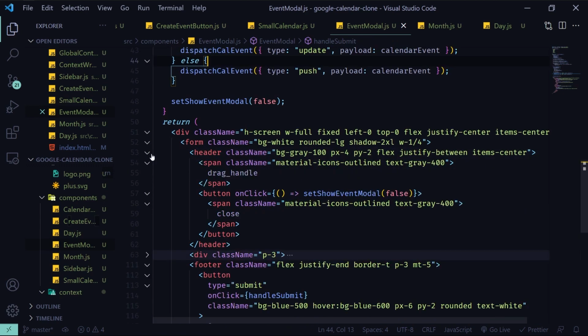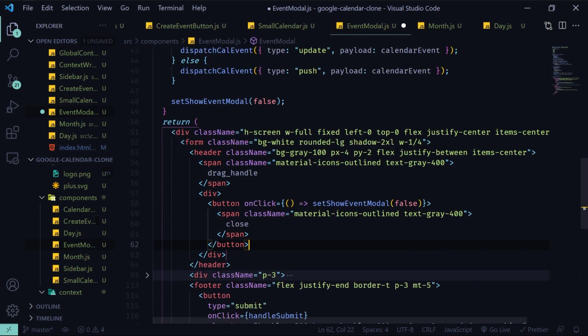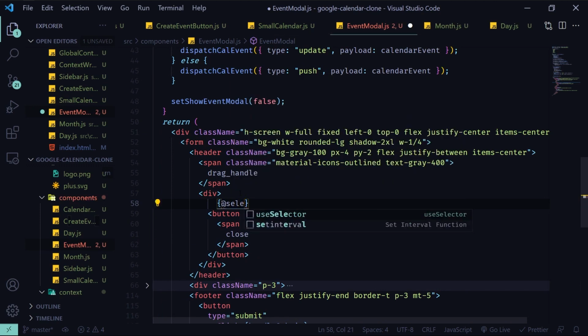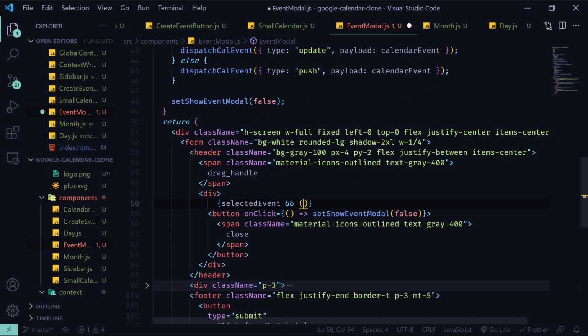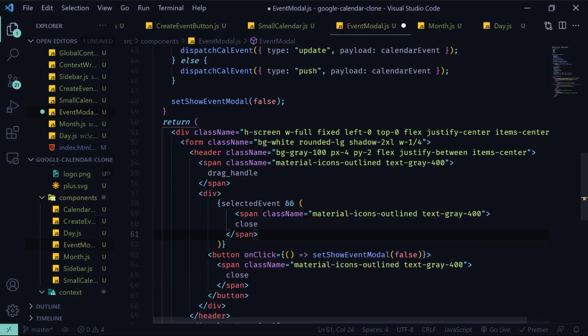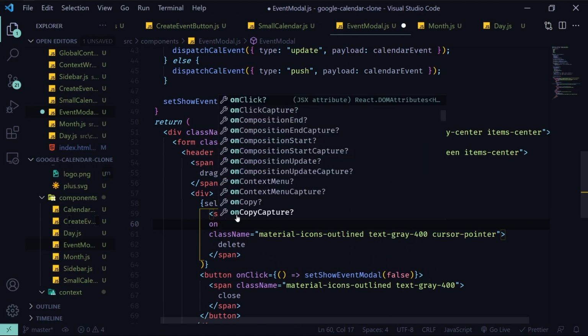And now we should also display in a header a trash icon. So I'm going to wrap this into a div element. I'm going to move that close button inside here, and here I can say something like, if we have a selected event, in that case we are going to have a button that's similar to this one, has the material icons outlined, the text gray, but also has a cursor of pointer. The name is delete. And this one also has an onClick event,